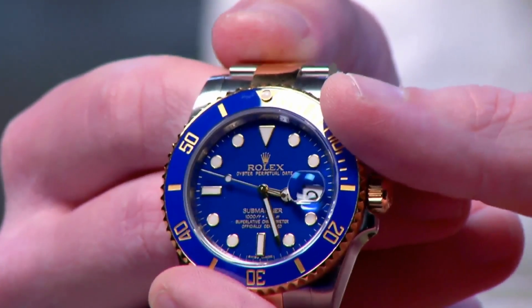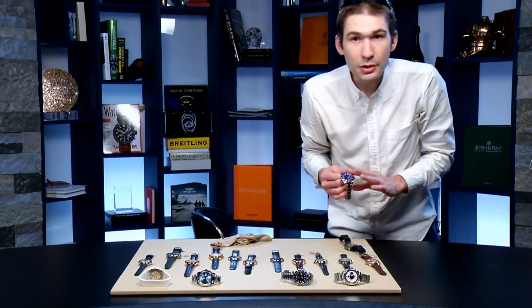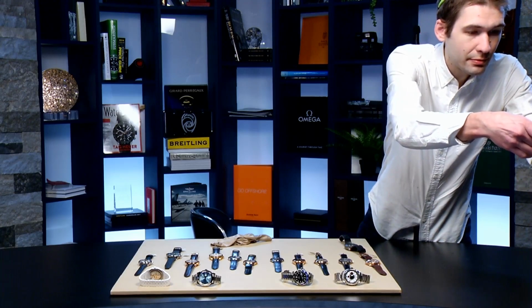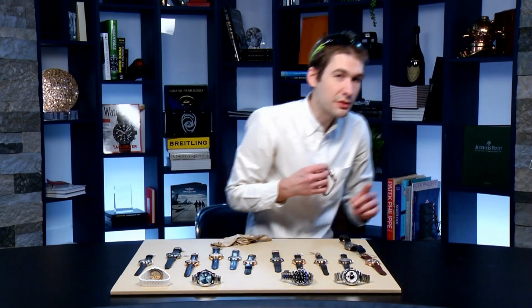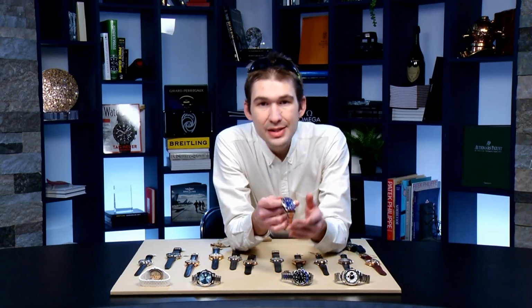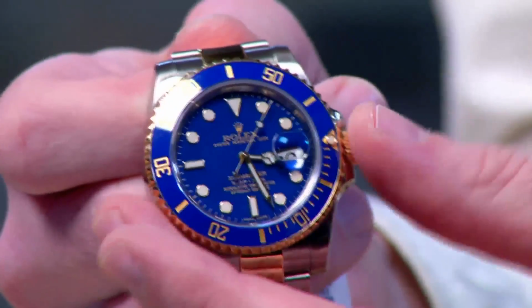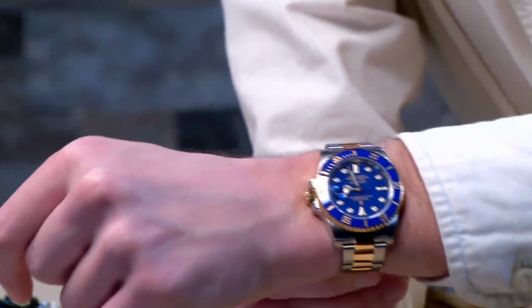If you want to hear the bezel, and I think we should because it's a dive watch, let me hold it up to the mic. This is the creamiest and most refined bezel in the business. Only Grand Seiko gives Rolex a run for its money, reconciling the seemingly irreconcilable qualities of crisp detent and smooth glide. This has both. Throw it on the wrist, and as you can see, this is an extravagant watch,